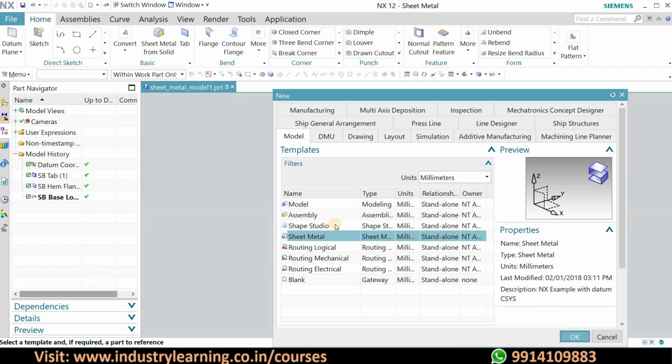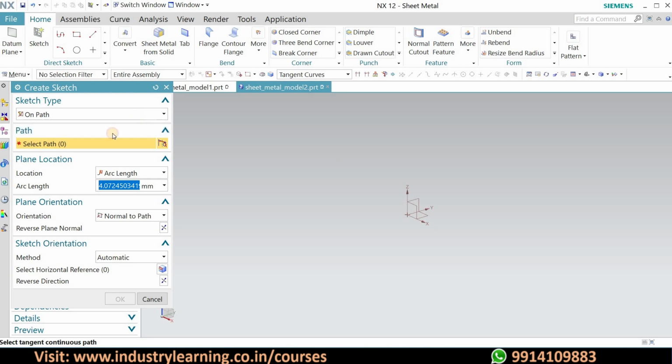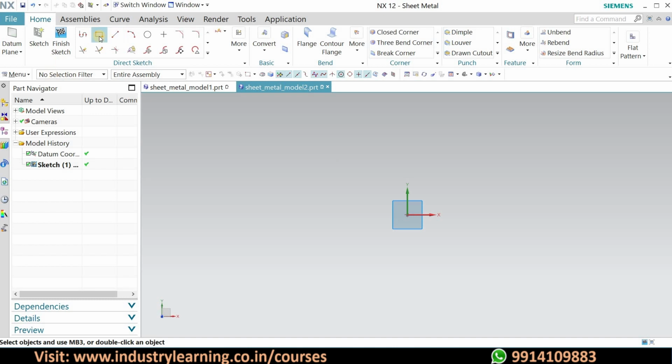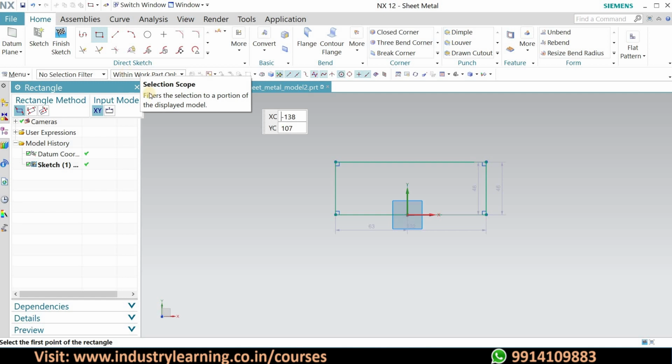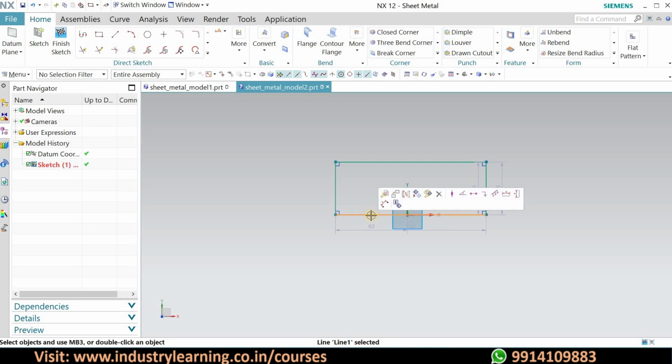So I have just created a fresh new sheet, and here I will start with a sketch, sketching in a plane so that I can have two planes. I have selected the XY plane. I will choose the sketch. Within the sketch I will take a 2-point rectangle, and here I have made one rectangle. Let us delete one side and make it open, because this is a sheet metal function, and sheet metal parts are basically in open condition. So let me do OK and delete this portion.